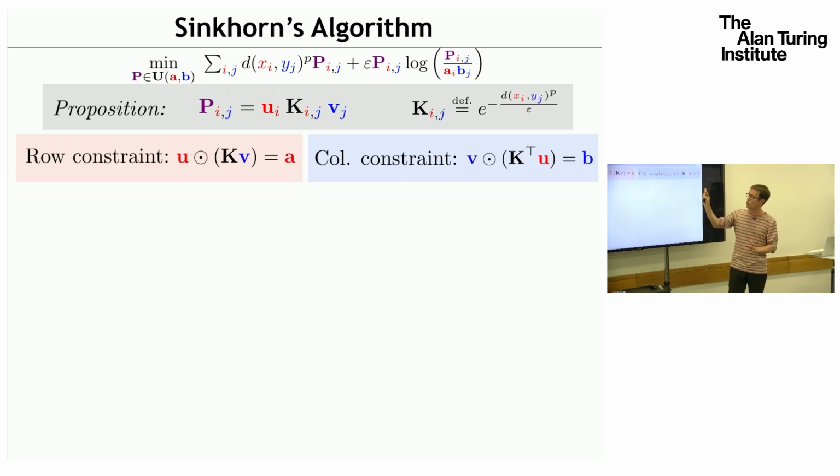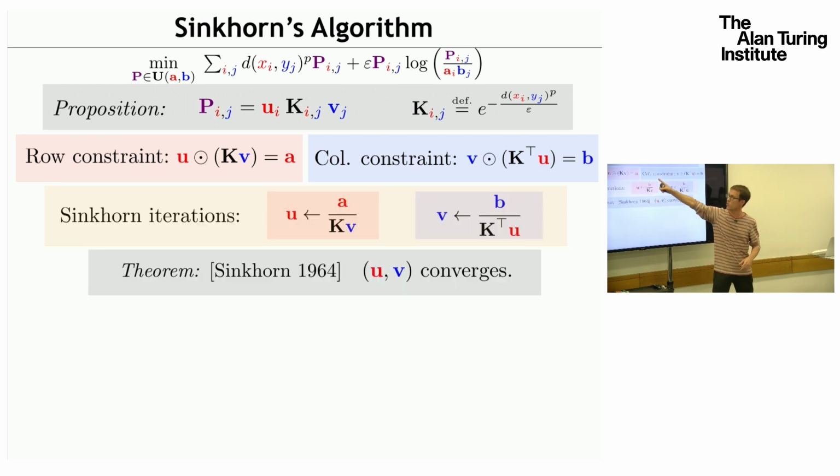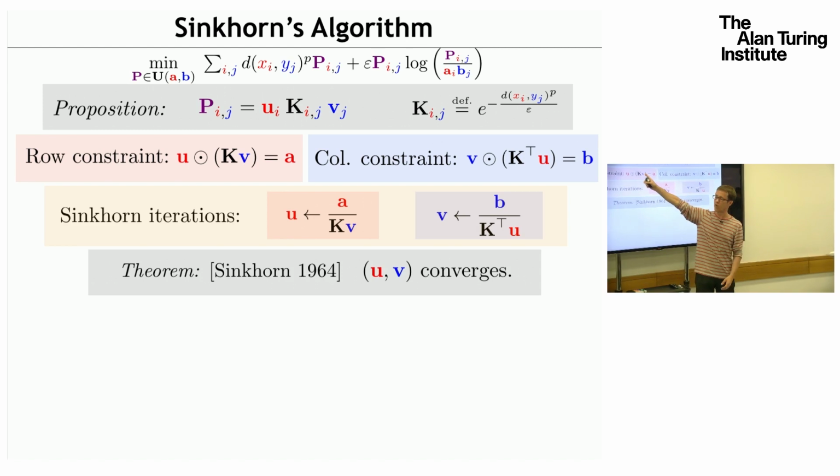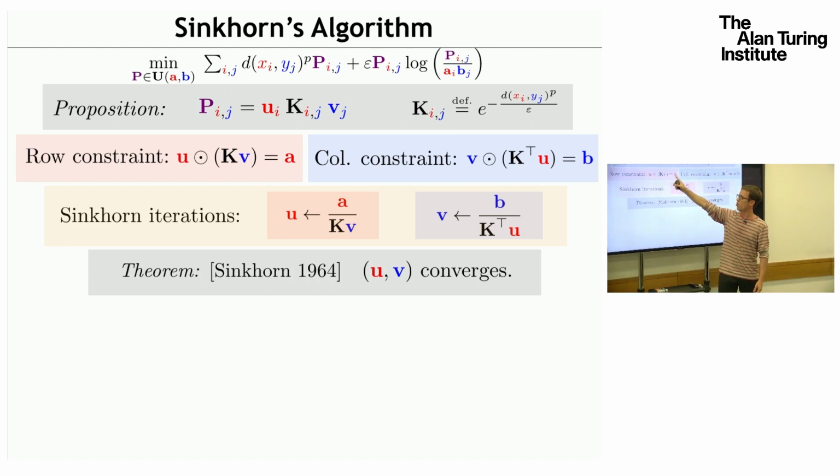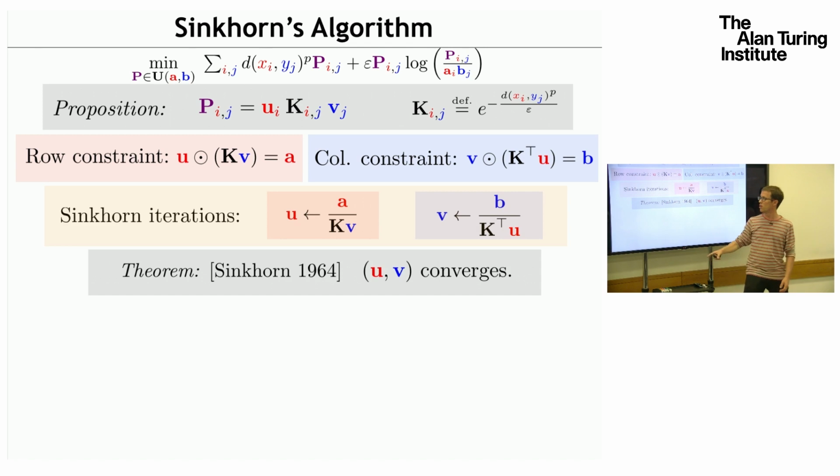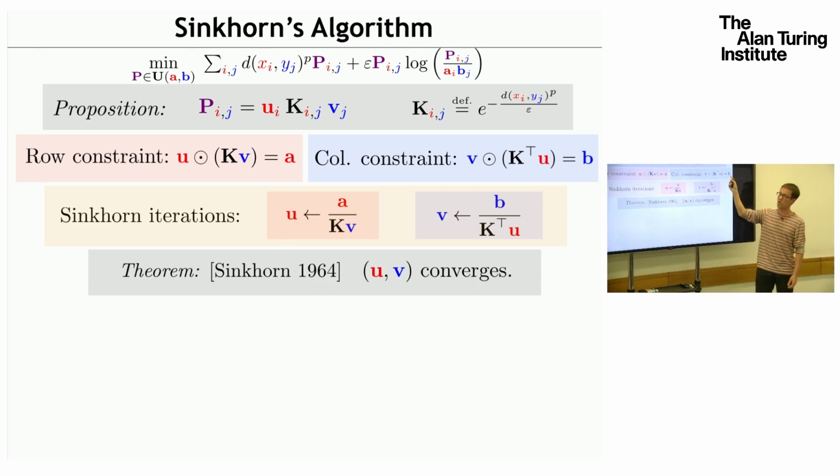But you see now the two equations have a very nice structure. So the idea of Sinkhorn is just solve each equation iteratively. So you start with this equation, and you notice that if you give me the value of V, then it's trivial to know the value of U just by dividing entry-wise A by K times V. So the first step is just do this update. This will solve the first equation,